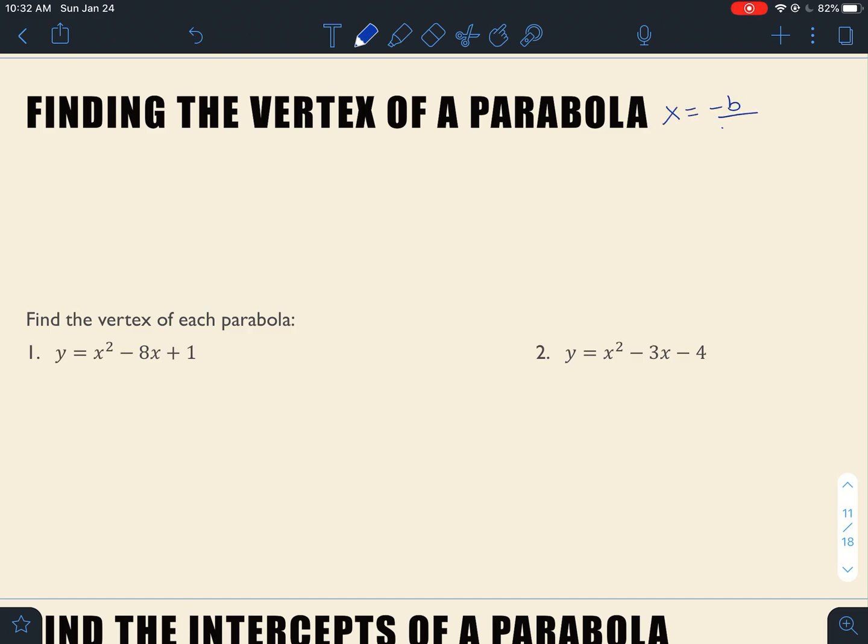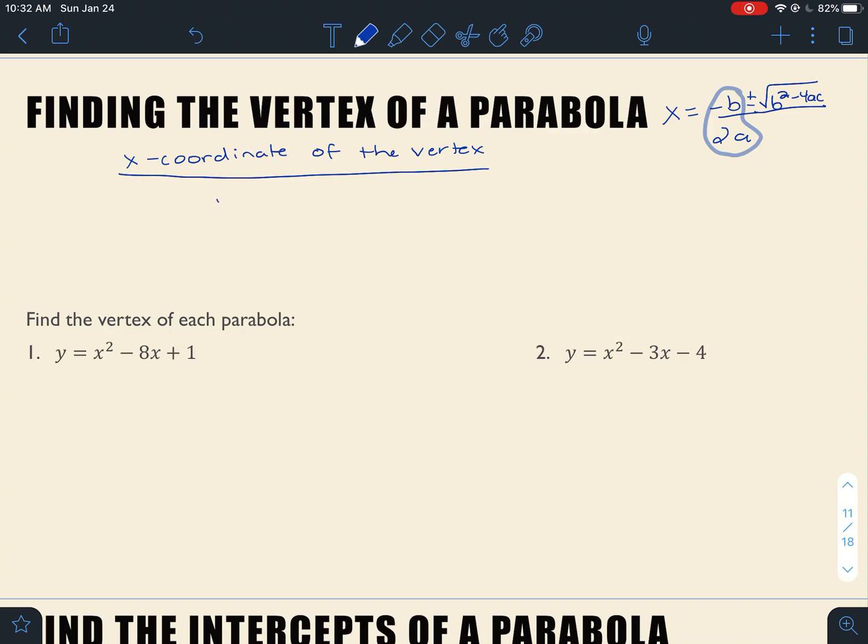x equals the opposite of b plus or minus the square root of b squared minus 4ac all over 2a. Well, if you get rid of the plus or minus square root term and you just take negative b over 2a, that's how you find the x-coordinate for the vertex. So the x-coordinate of the vertex, and remember the vertex is the highest point or the lowest point of the parabola. If you want to find the x-coordinate of the vertex, you take the opposite of b and divide it